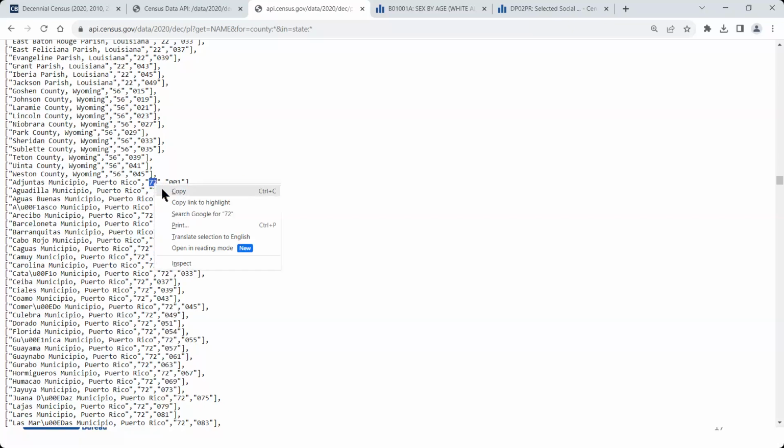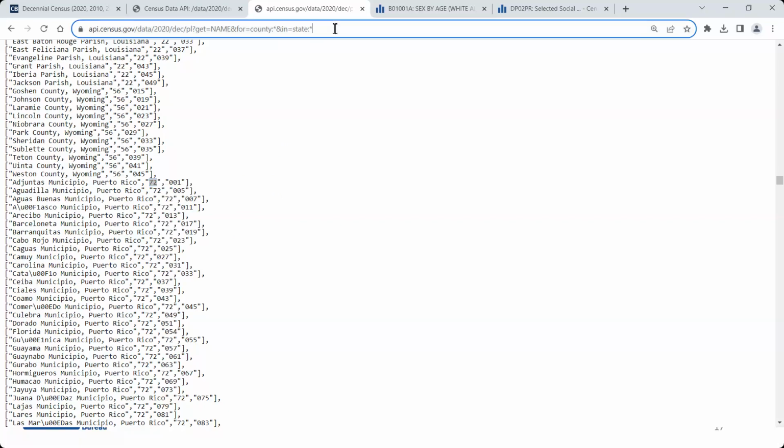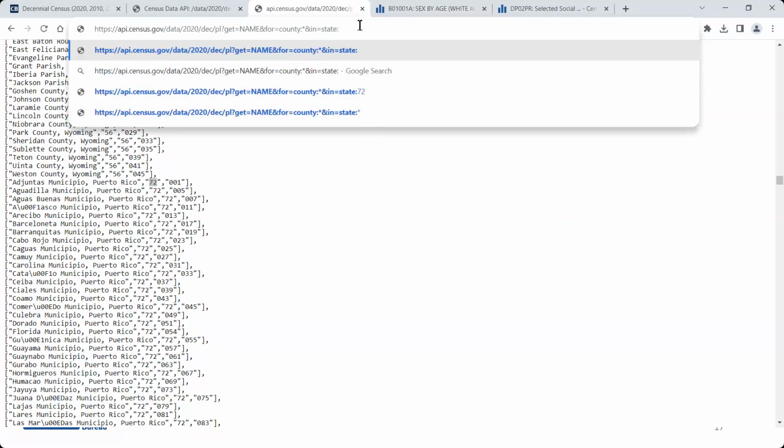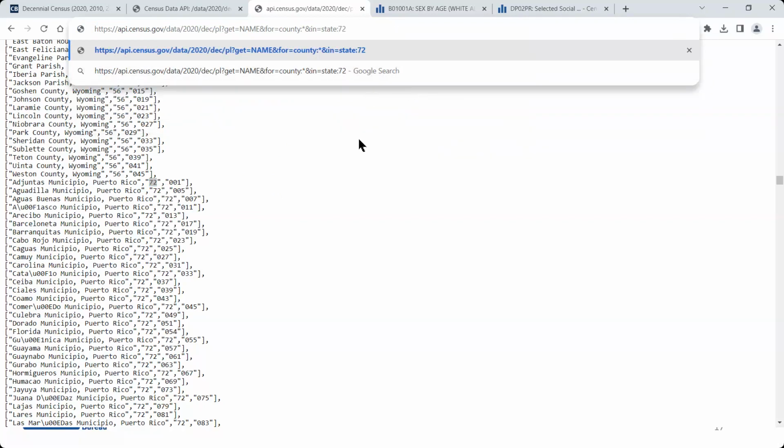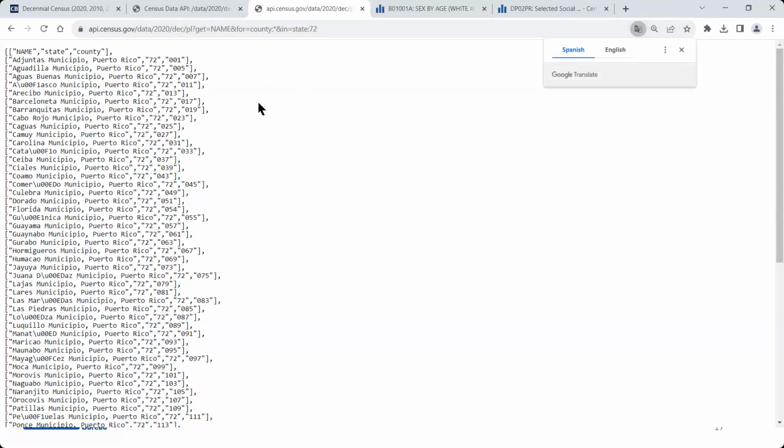So I can highlight and copy the number 72 here and then go up to my URL. I'm just clicking up here. I'm going to hit backspace to remove that asterisk or wildcard as it's also called, and then paste in, or of course you can just type in the number 72. So now I still have my all counties symbol here within just the state that has a state code of 72. So once I hit enter on this page and reload it,